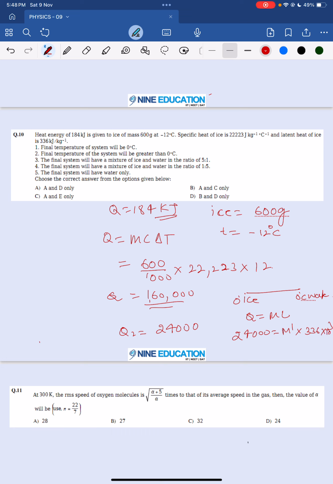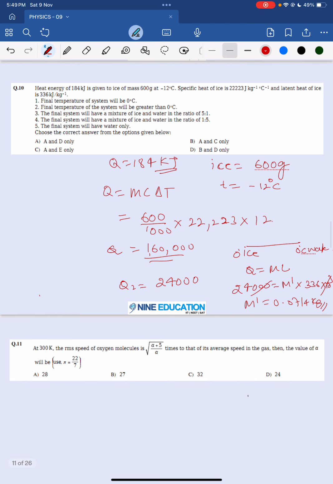So we are able to see that this will be cancelled. So 24 divided by 336, we are going to get somewhere around 0.0714 kilogram, correct? So we are able to see that this much amount of ice has been melted. Now how much water is left? Sir, water will be basically total ice minus how much has been converted. So if we subtract it from 0.6,